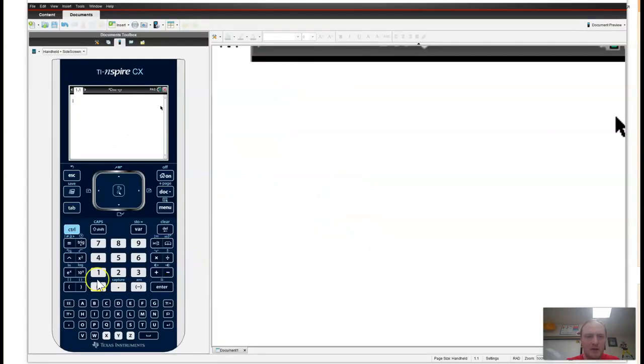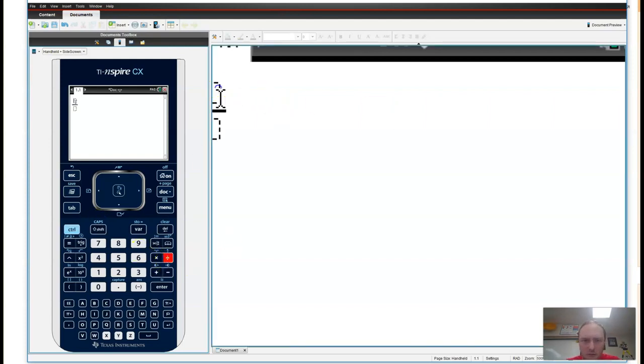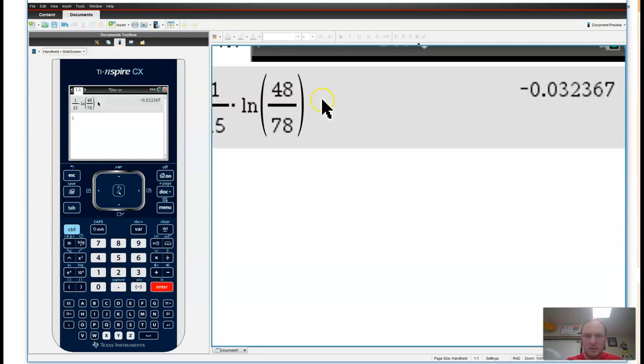All right. So we have 1/15 times the natural log of 48 divided by 78. Okay, and we get this answer here, negative